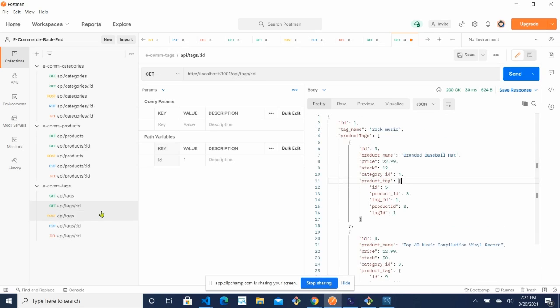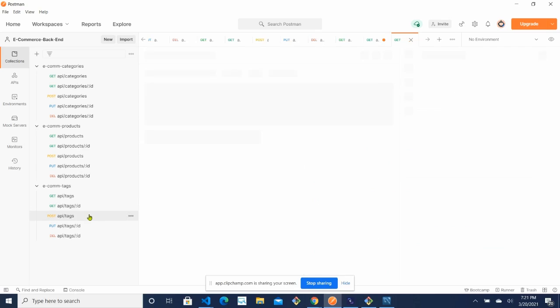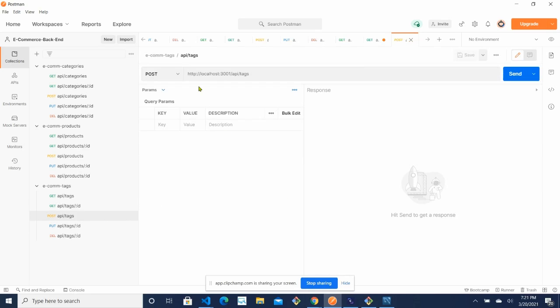Okay, now we'll go to the post path. We want to post a new tag, so we'll go to the body. We are posting a new tag which is indoor. We have a category sports, so maybe indoor sports. We might specify it like that.